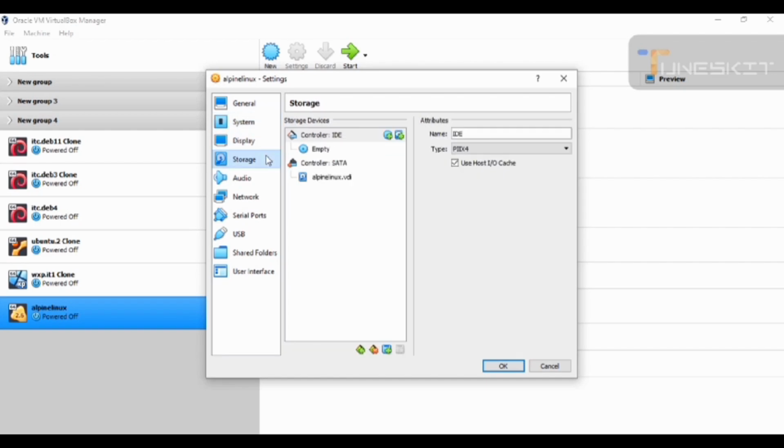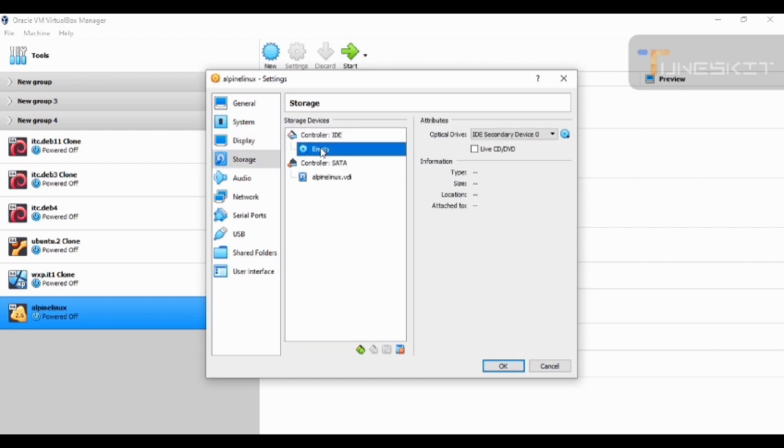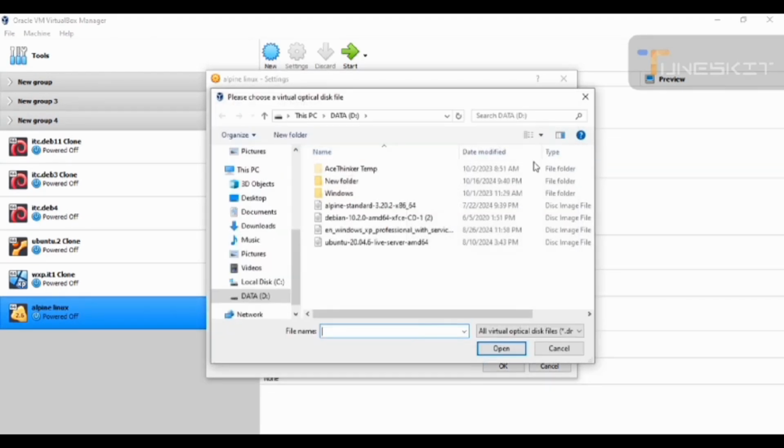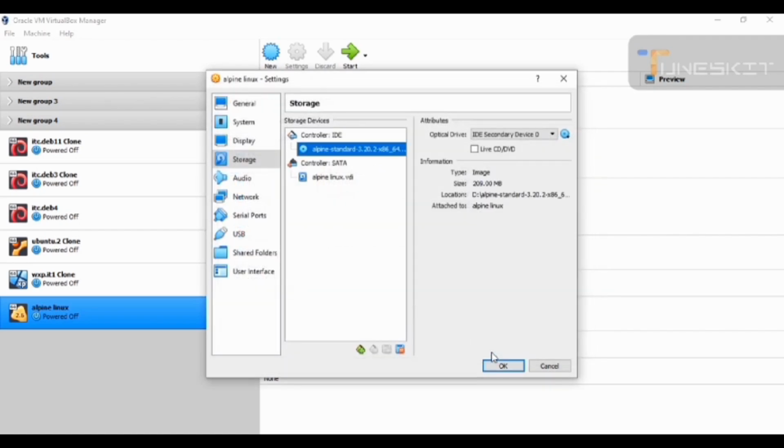Click Empty, then click the disk icon in this right corner and select Choose a disk. Search for the Alpine Linux ISO file that you have downloaded, then click Open and click OK.